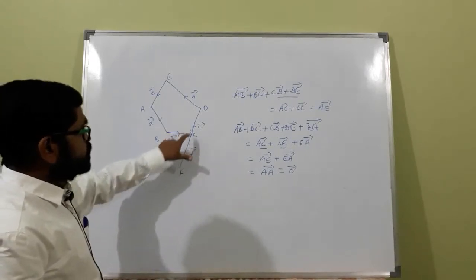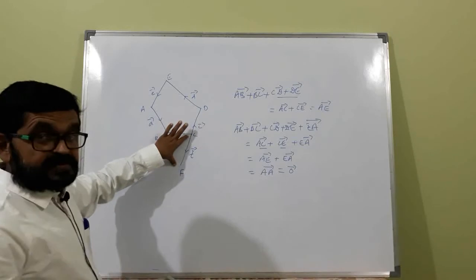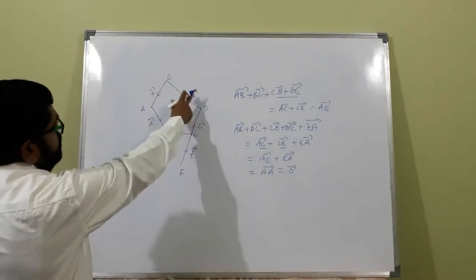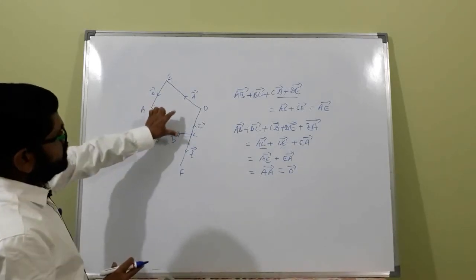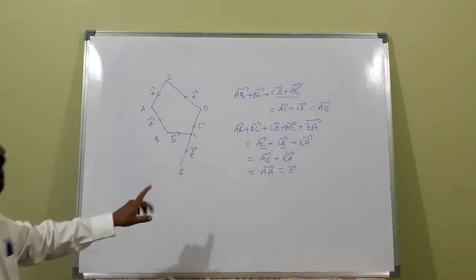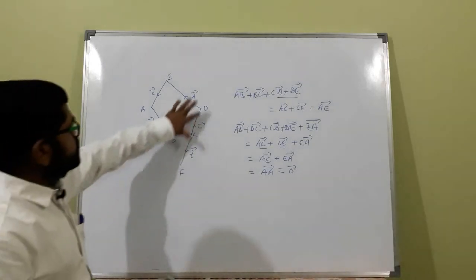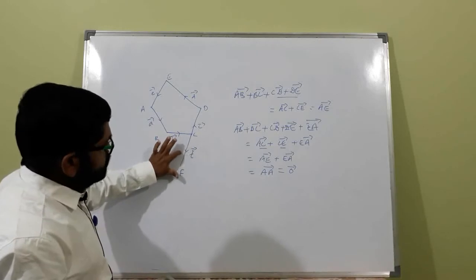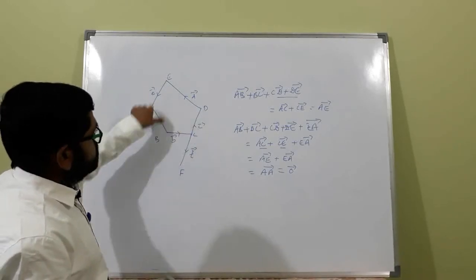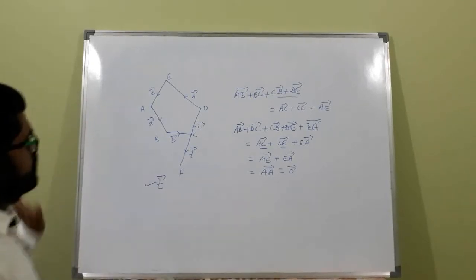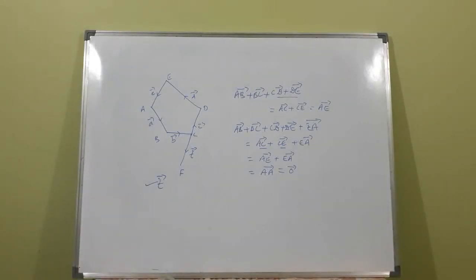If you consider this one, the question was like that. What is the sum of this A plus B plus C plus D plus E plus F? What is the sum? This was the question. See, you need not consider all these 5. You consider only one. The sum of these 6 vectors is equal to F. Directly you can write like this, because that is 0, the remaining vector will be F.